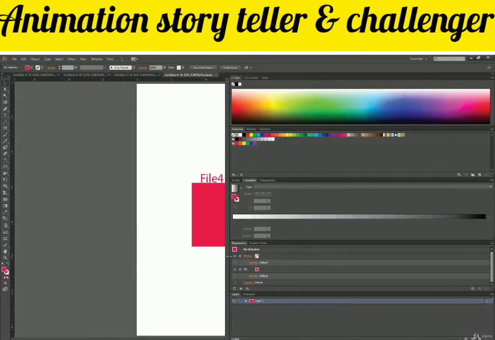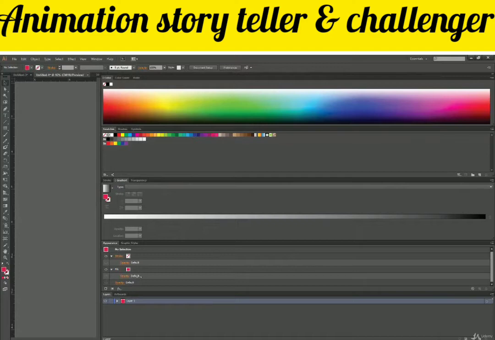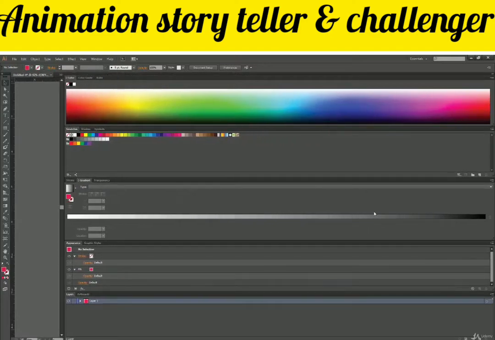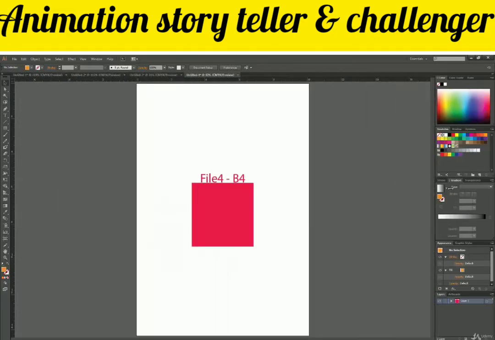I don't know why someone would use this big, but it's just an option. I guess it gives you a bigger range for gradients or a choice of colors. So if you are going very precise about your color, you might find it difficult to select the exact color over here.